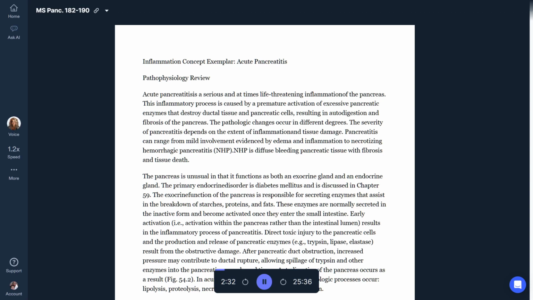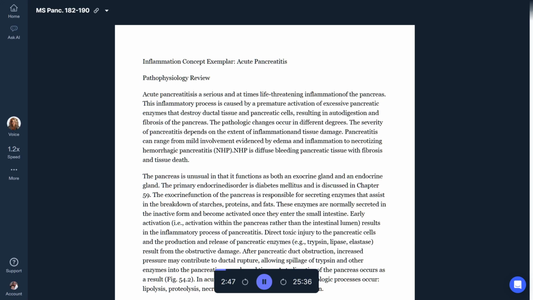Intermittent hyperglycemia occurs from the release of glucagon, as well as the decreased release of insulin due to damage to the pancreatic islet cells. Total destruction of the pancreas may occur, leading to type 1 diabetes mellitus. Left lung pleural effusions frequently develop in the patient with acute pancreatitis. Atelectasis and pneumonia may occur also, especially in older patients.